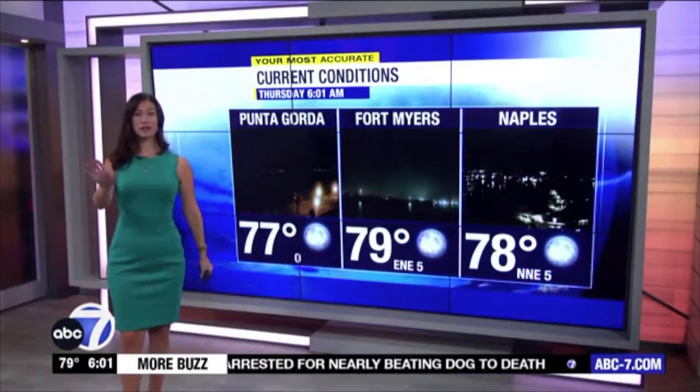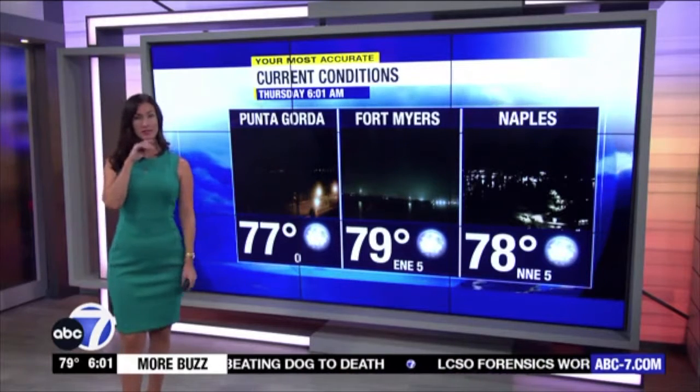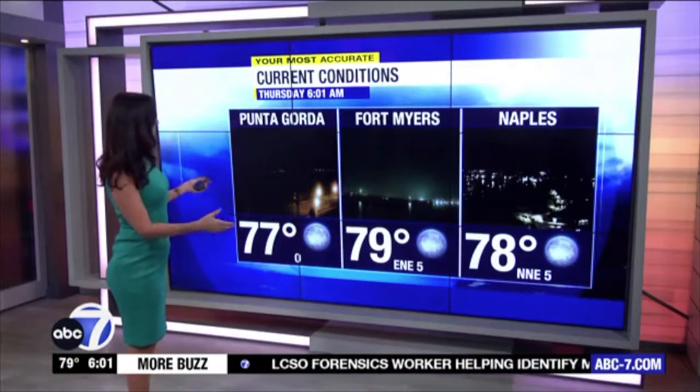Current conditions, we are nice and quiet across our region. We also have some hazy but clear skies, not a ton of cloud cover out there. We just had a nice downpour out that way. Another round will be on the way within the hour, and then we should be done with these storms for